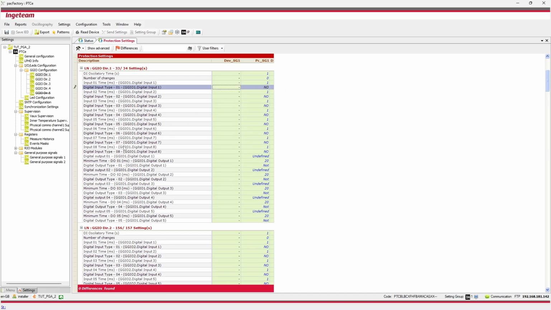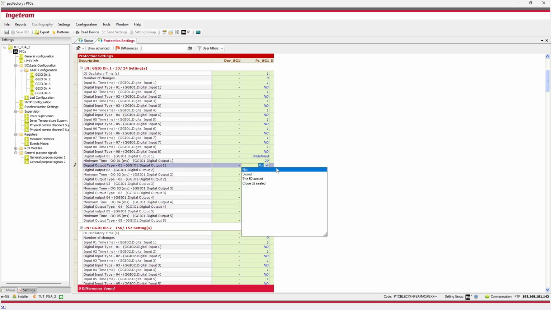Digital outputs, on the contrary, have 3 parameters: the signal with which to activate the output, the minimum duration of the output activation pulse, and the output type. The output type has the following modes. First mode: the output strictly follows the assigned signal's status. Second mode: the output activates with the activation of the signal but does not deactivate until being commanded to do so.